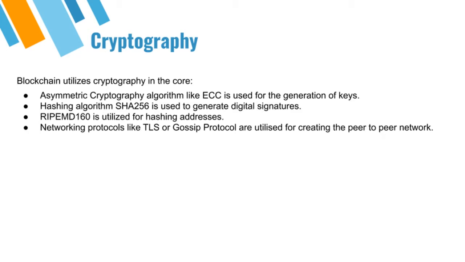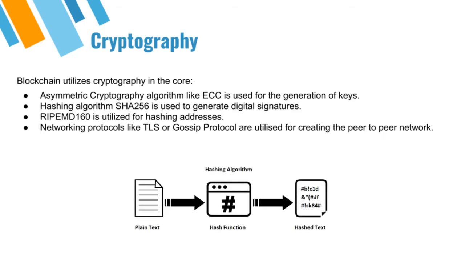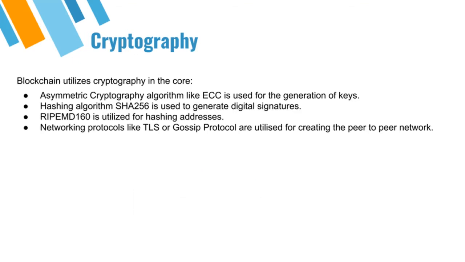Apart from that, blockchain also utilizes a hashing algorithm at its core. So much of the data goes through a hashing algorithm where variable size data is converted to a fixed length of data. SHA-256 is the major algorithm for hashing in terms of blockchain. We use hashing when we are taking out the block hash, or calculating the nonce values, or trying to solve a difficulty problem in terms of blockchain.